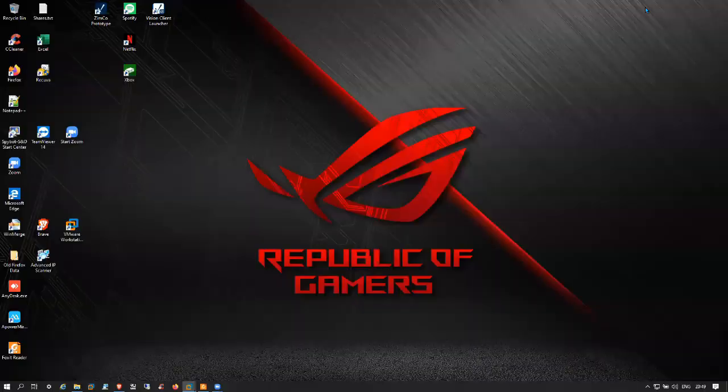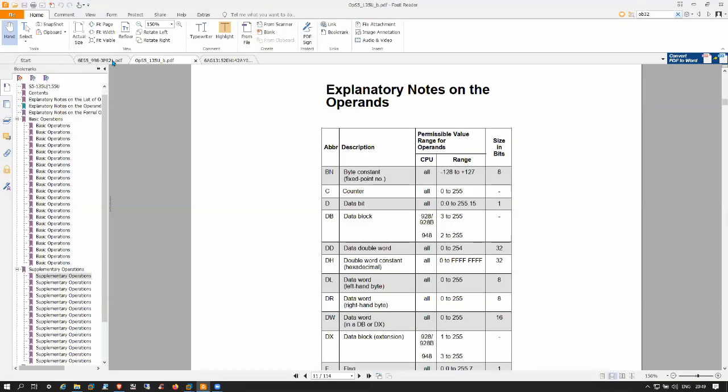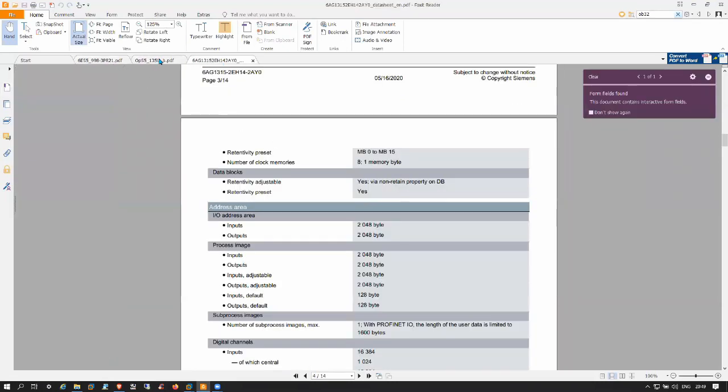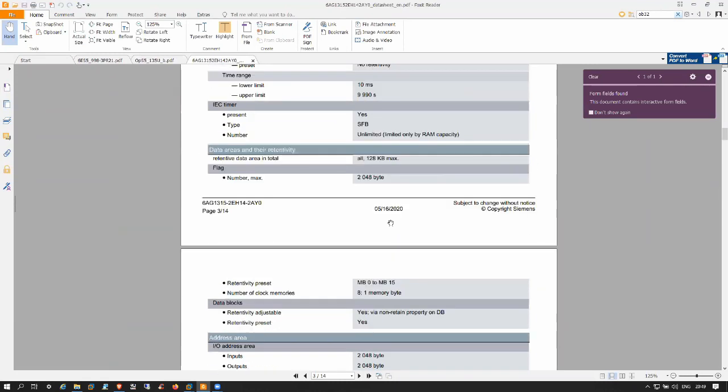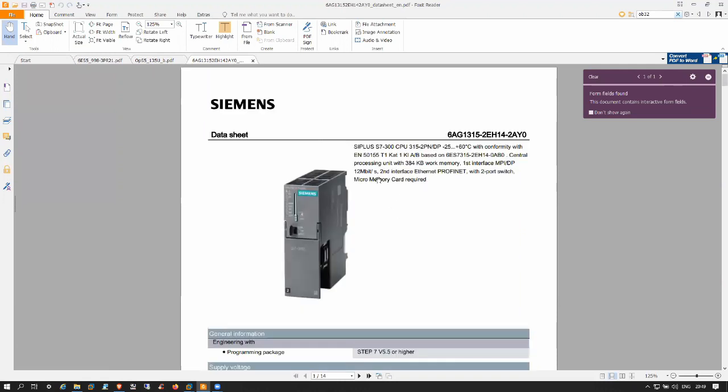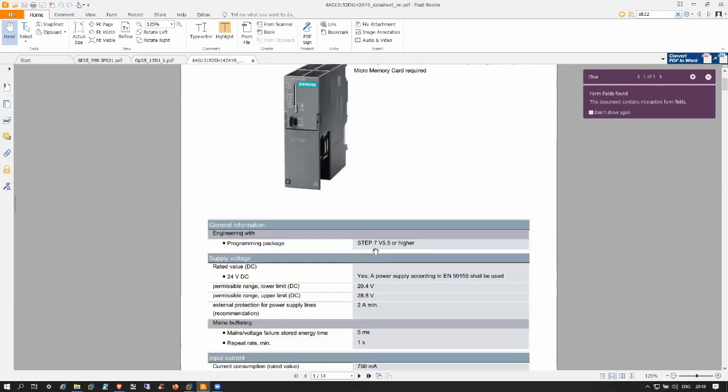I'm just going to quickly go back to my desktop. I'm going to go over here. I'm going to try and find an analog input block here for you. I hope I've got the right manual. Anyway, this is what I downloaded quickly from the Siemens website. Just to show you, this is a S7 300. It's a 315 2PN. There you can see it's the latest one. But look very quickly,